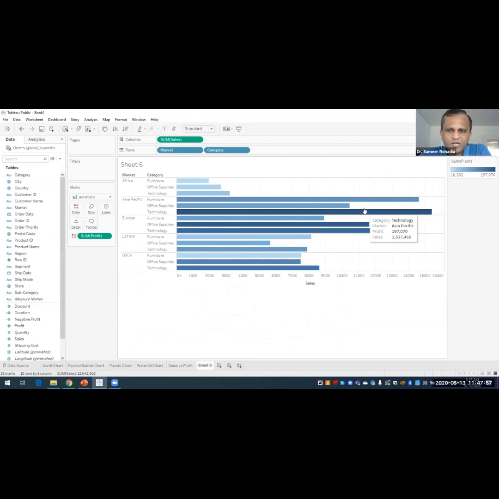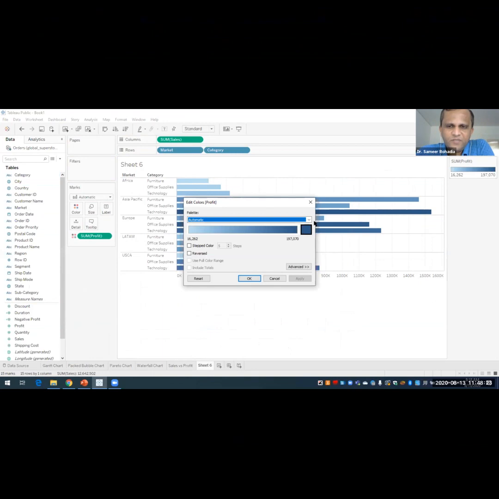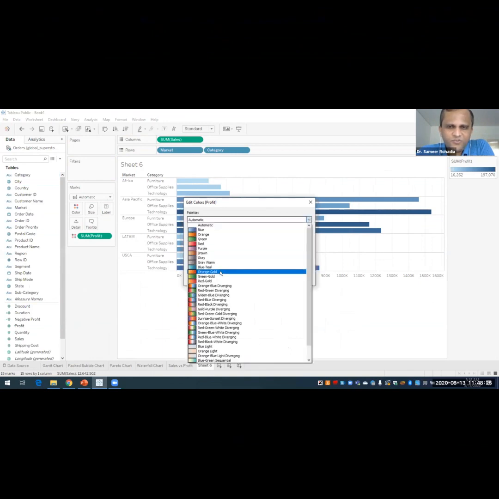This darkest blue color has the highest profit, followed by this one, then this one, and then this is the lightest one, that is furniture from the Africa region. It has the lowest profit. And if you want to change this color shade, as you know, on the right hand side we click on this drop down arrow and then click on edit colors. And from here, you can change the colors also.